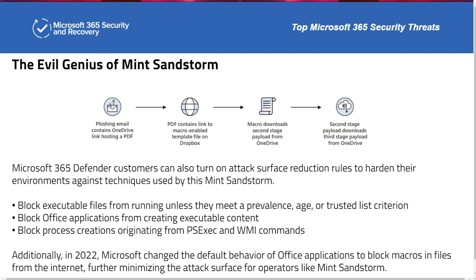Now, I want to talk a little bit about Mint Sandstorm. Okay, Mint Sandstorm is, I believe, an Iranian threat actor. They did some really interesting multi-stage stuff. So the first thing they did was send a phishing email containing a OneDrive link hosting a PDF. Okay, we get those in enterprise probably on a daily basis. Okay, now this is where that